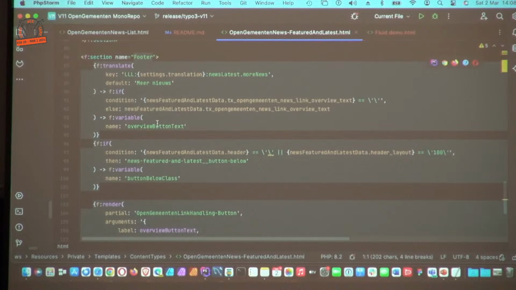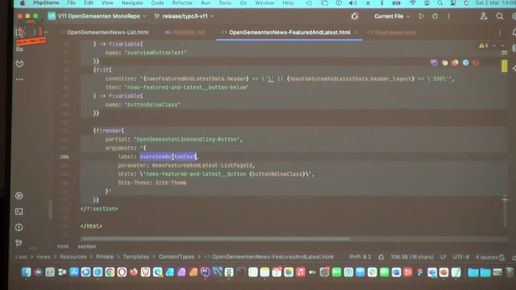So I have a variable called overview button text. It takes a label from a translation file, but only if the condition is true. And otherwise, it will take a text which is manually inserted by an editor. So the editor can overwrite the text from the translation file if he wants to. I'll put that in a variable, and I use that variable here and send it to open-gemeente link handling button,